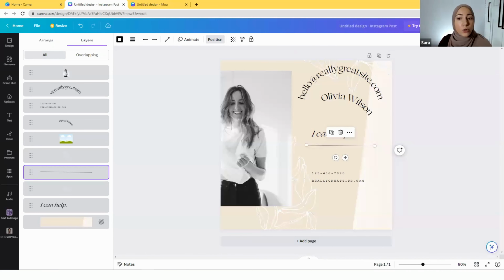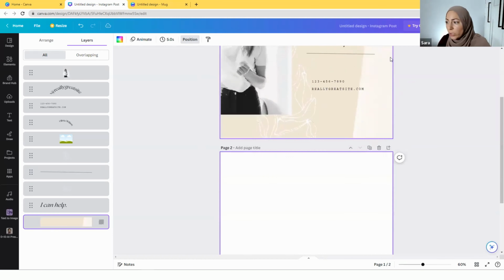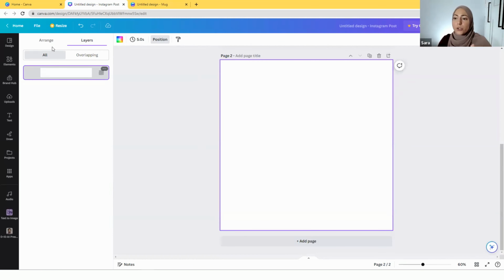I am going to show you how to be efficient. Okay, guys. So let's say I want to create another post under this. See, there's 3 buttons on here. This plus one, you add an image. This one duplicates the same design, and then this one locks it. So I'm going to create a new image, a new page, and I want to show you how to be